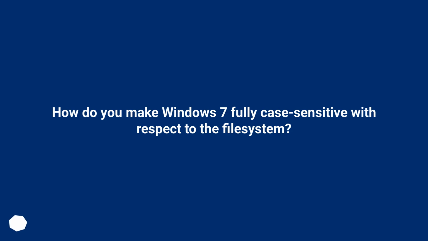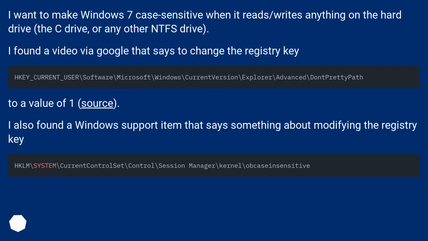How do you make Windows 7 fully case sensitive with respect to the file system? I want to make Windows 7 case sensitive when it reads/writes anything on the hard drive, the C drive, or any other NTFS drive. I found a video via Google that says to change the registry key